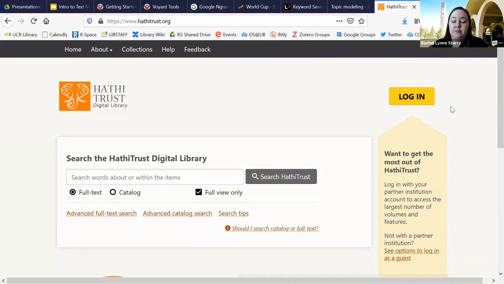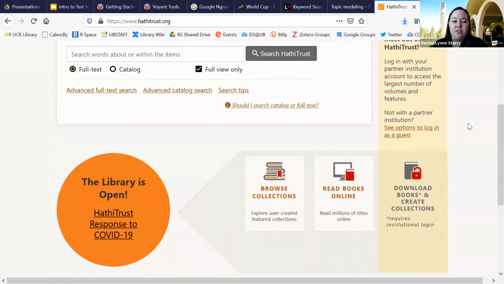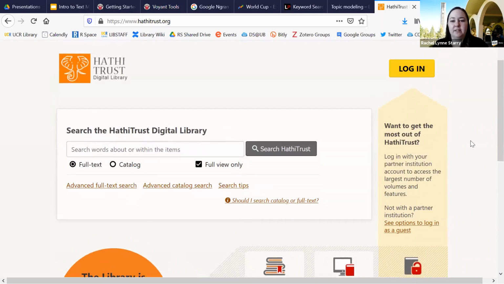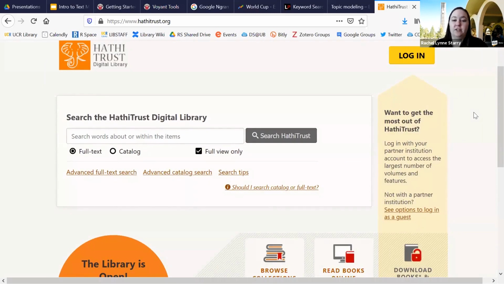So this is a resource that is available to everyone here at UCR. So you can log in using your NetID or UCR ID credentials, and you can actually access information. There's a really fantastic emergency system set up right now during the pandemic. We're not doing physical ILL right now. You can access HathiTrust volumes that are held by, for example, other UC libraries. So you can access sometimes the digitized version of different books if they're physically held in our sister schools' libraries. So again, you can always go on the UCR library catalog and look for the HathiTrust digital library